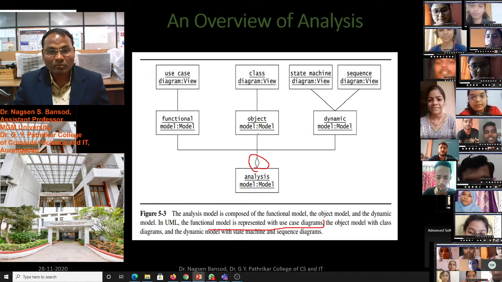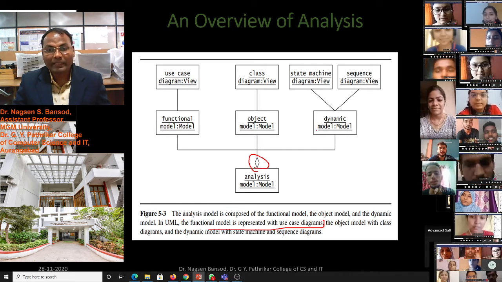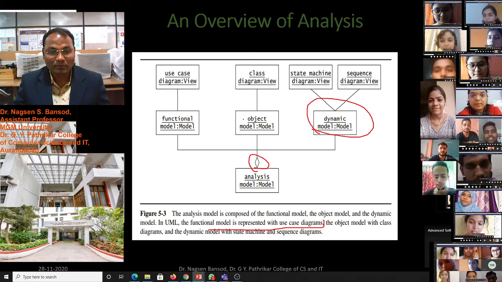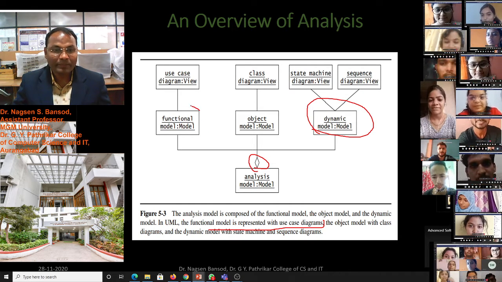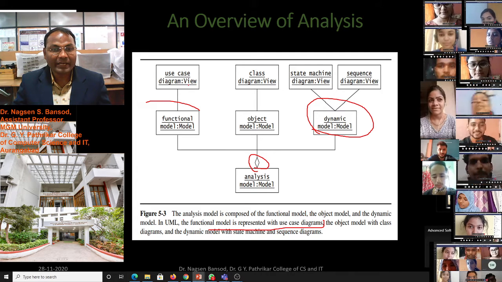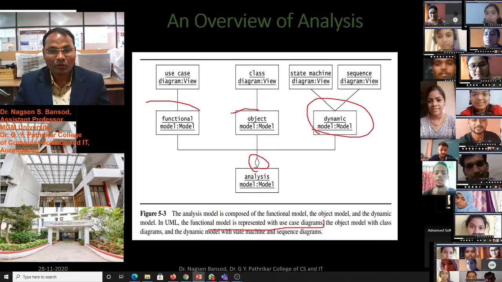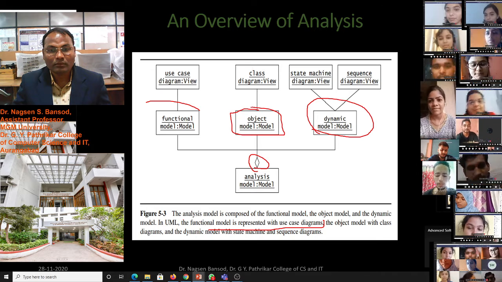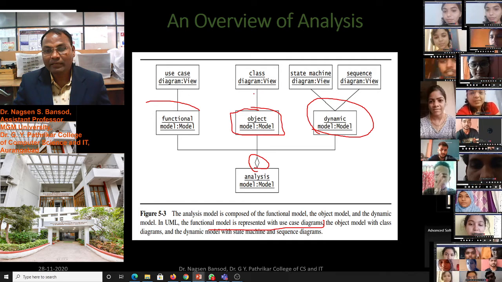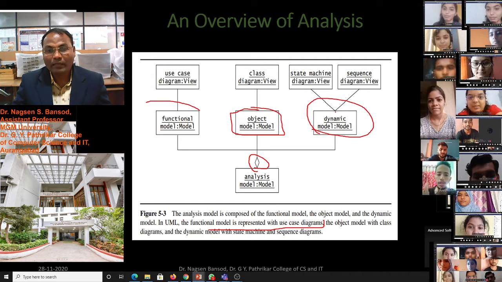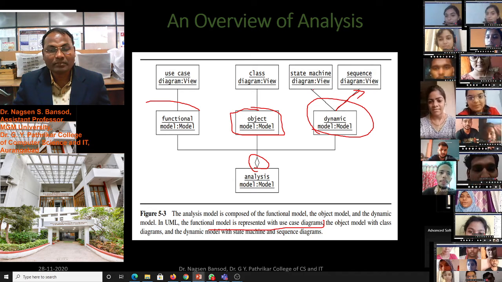In the analysis model there is the functional model, the object model and the dynamic model. The functional model is represented by the use case diagram, the object model by the class diagram, and the dynamic model by the sequence diagram and state machine diagram.